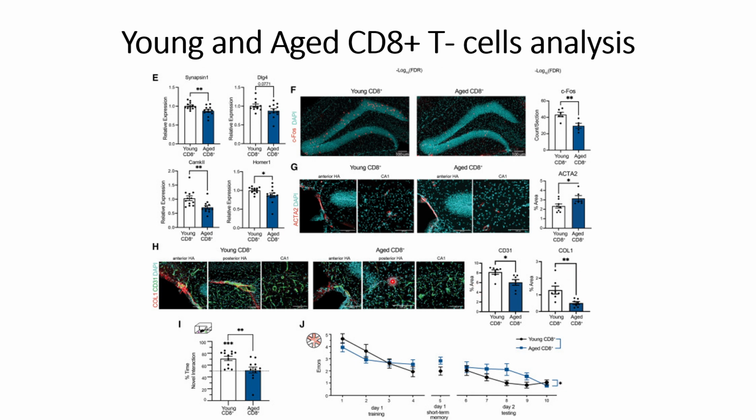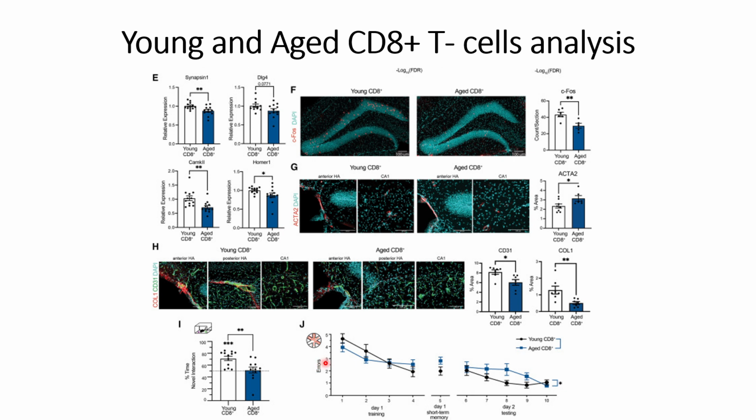Afterwards, they checked novel object recognition, which is a standard test to check the effect of young and aged CD8 plus T cells in the young mice. They were able to see that aged CD8 plus T cells have lower novel interactions, whereas the young CD8 plus T cells have high novel interactions. And afterwards, they checked learning and memory analysis,